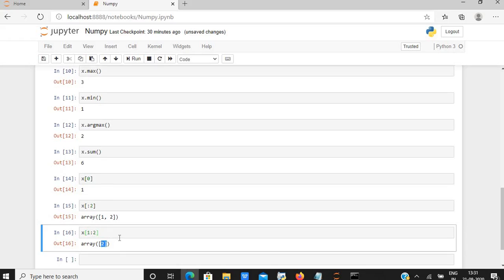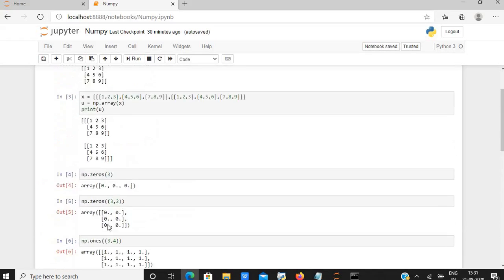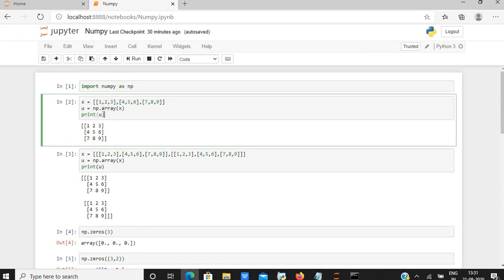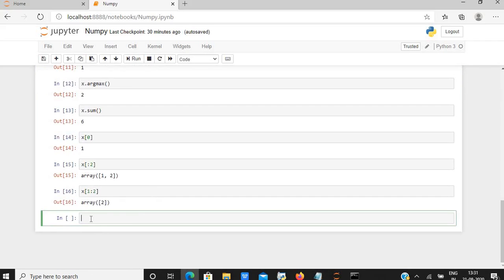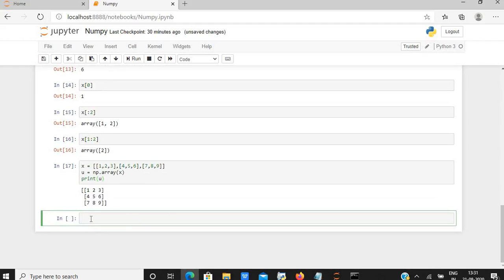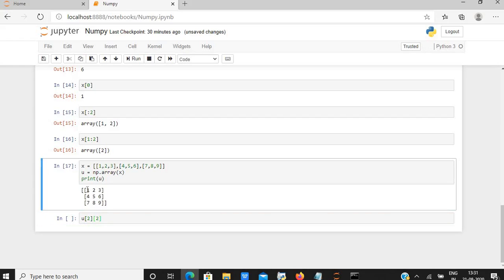Similarly, we can slice a 2D array. We are taking the example we considered. This is an example of a 2D array. Let us perform operations on it. For example, u[2, 2], which means index 2 cross 2.